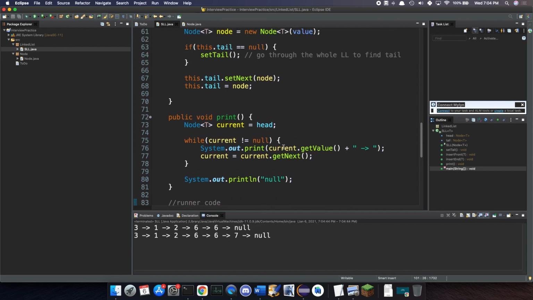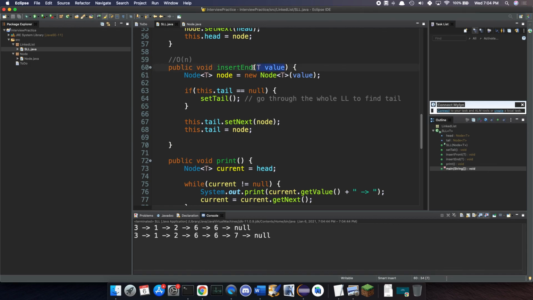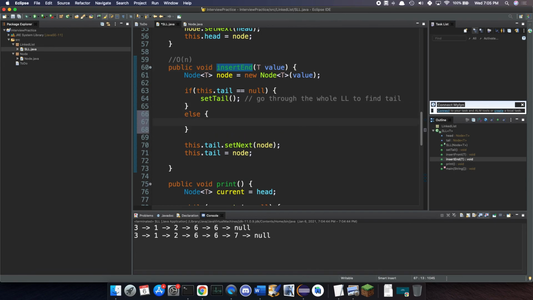Okay, now time to explain the thought process. So, insert end. I was thinking we should do something like this, right? So if tail is null, we set tail. So tail is being set, and then we would do something else here, right? What the hell? Like some gibberish. But we don't need that because the only issue here is that we don't set the tail at